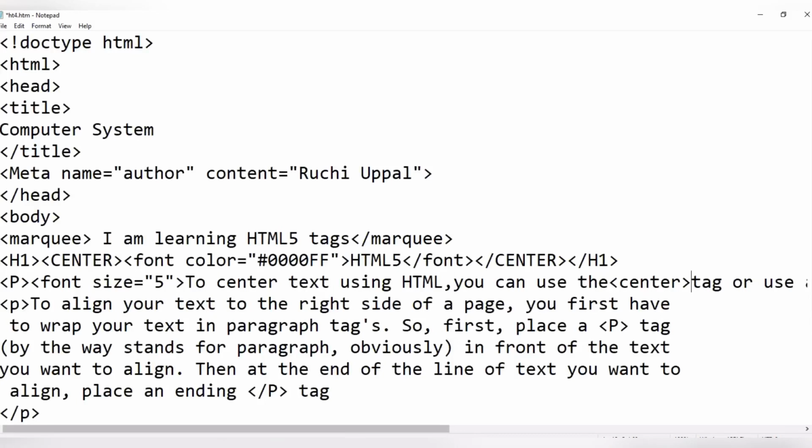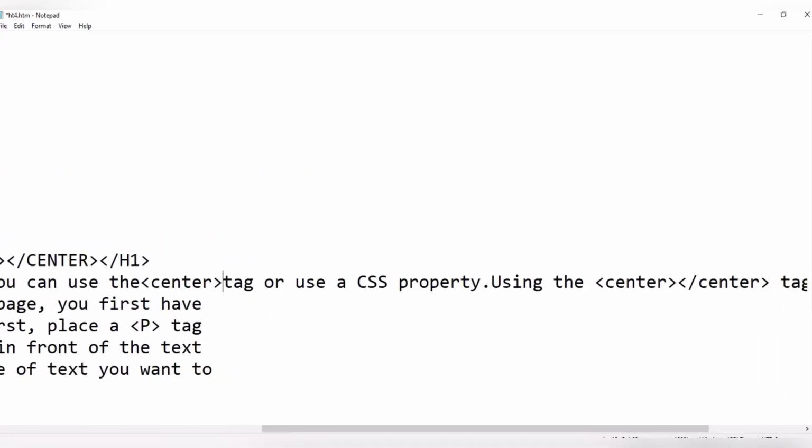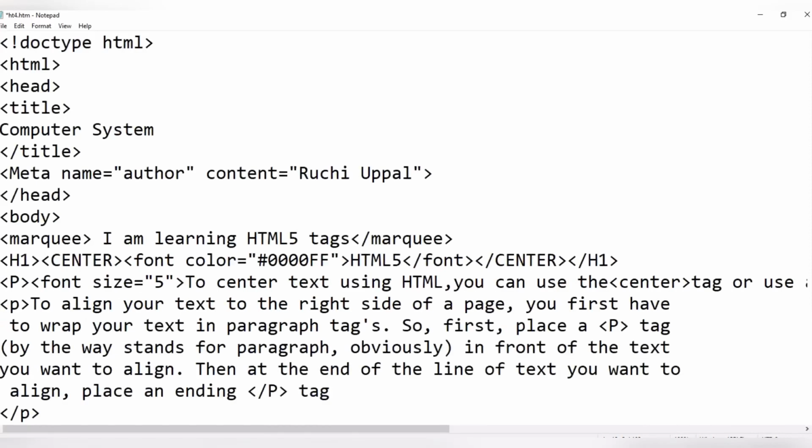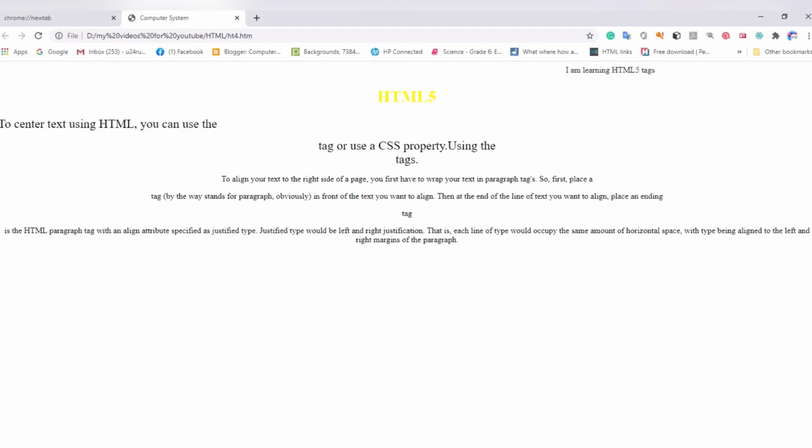Okay, let me just simply check. Control S, and let's refresh the browser with F5 key. I'm repeating the keys, whatever the shortcut keys I am using. So you can see now it is coming in the blue color and quite looking good. Clear? So this is how we can change the color of a part of the text. Whosoever color you want to change. Clear?